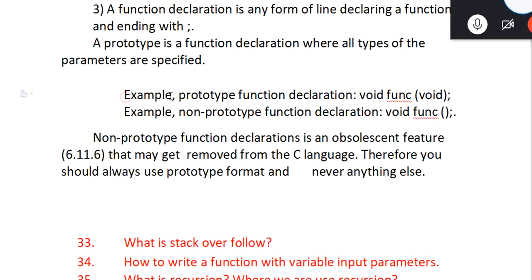Now you can see these two examples. This is a prototype, while this is just a function declaration. This is also a function declaration, but it meets the requirement for a prototype. So this is also a function declaration, but it is also a prototype of the function, telling exactly the same thing about the function.